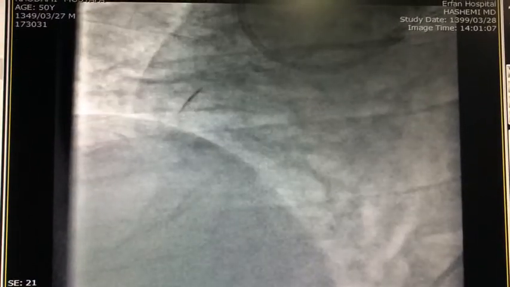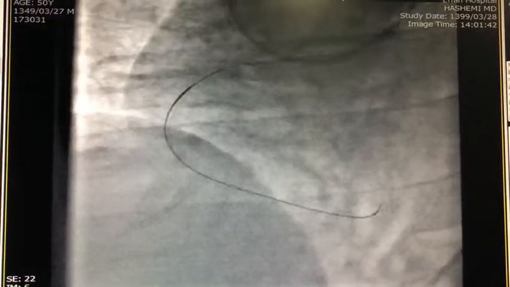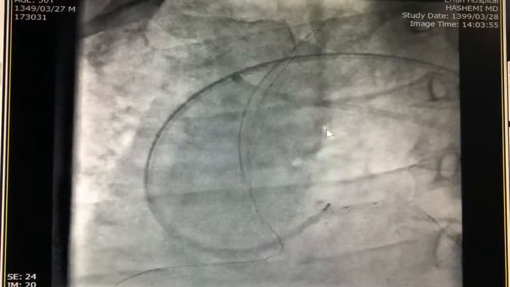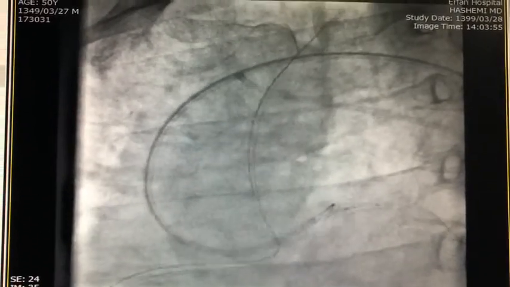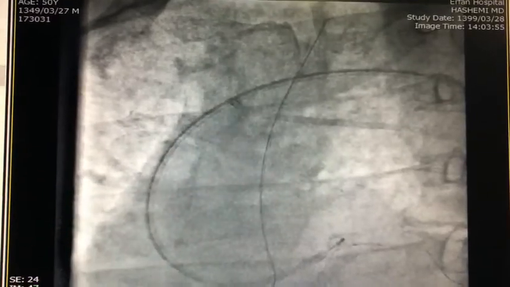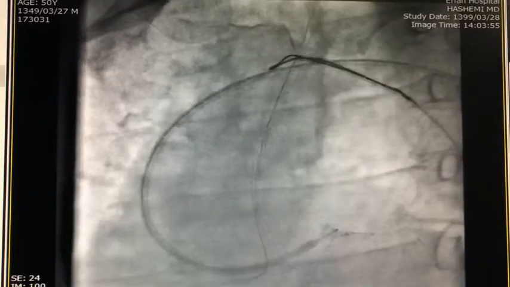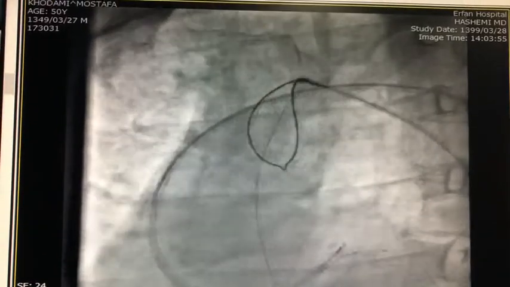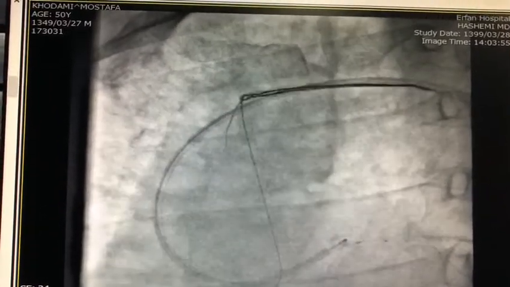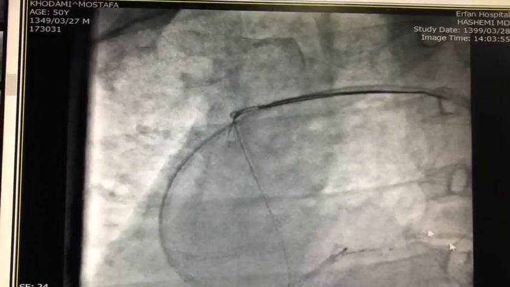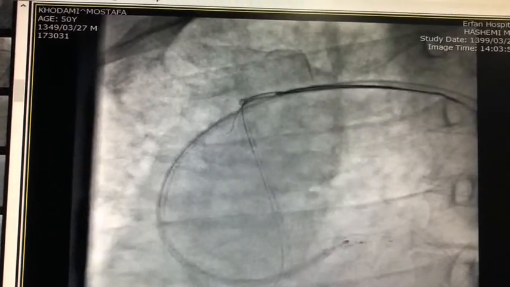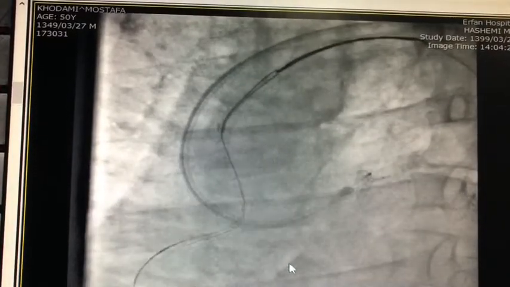After we got to the aorta, we navigate the wire into the subclavian, and then with a snare, a large one, we managed to grab this wire, which was relatively easy. And this is the grabbing of the wire. As you can see, one operator pulls the wire back, we open up the snare, and then we advance the wire and catch it. It's better to catch the wire from the very distal end if you could, and then we carefully reintroduce the guiding further,